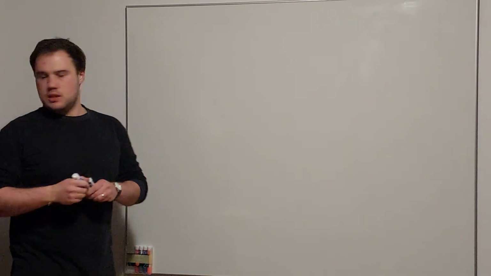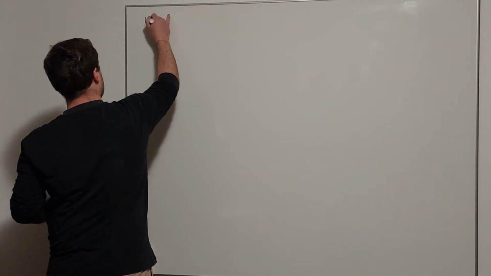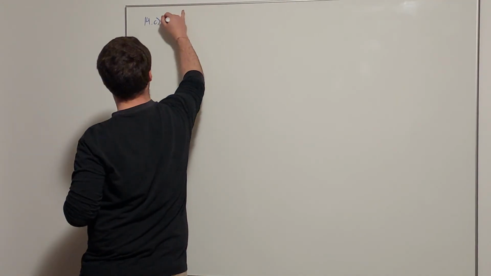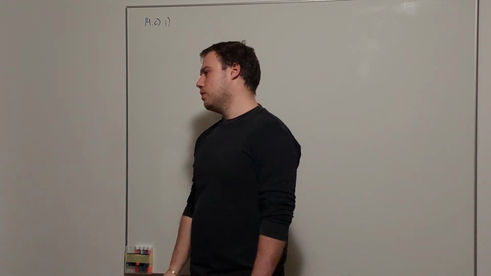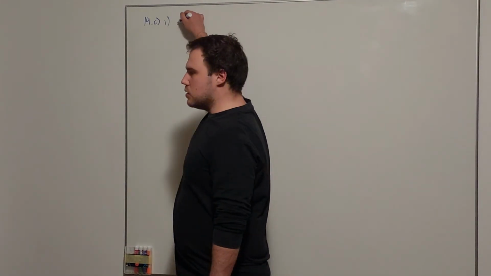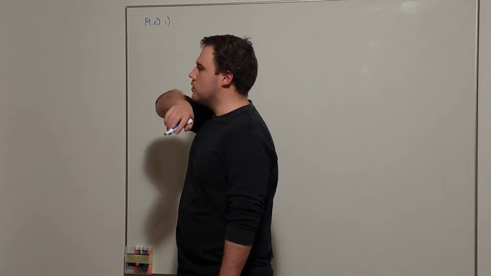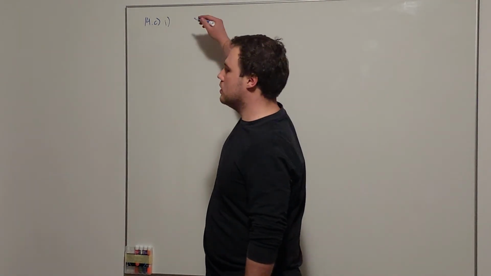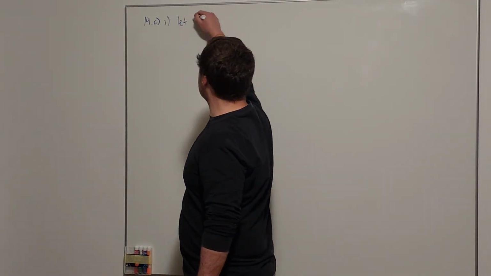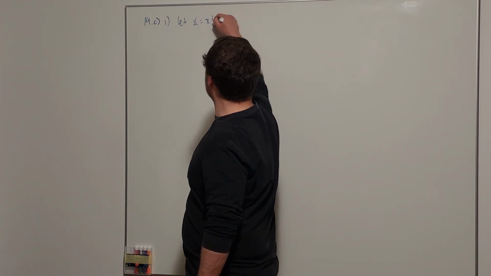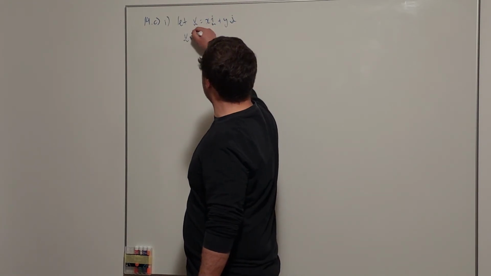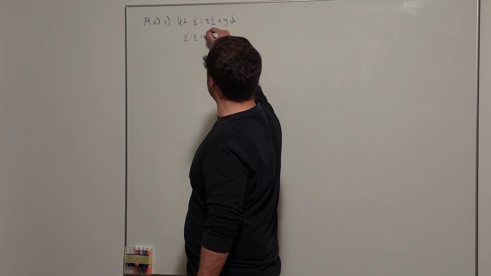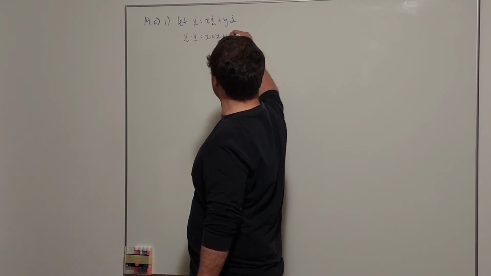Okay, 14C. For vector v, show that the dot product of v with itself is the magnitude of v all squared. So this should be a fairly standard property that's known, but I guess we're going to use it to get into the next part. So if we say let v equal (x, y), then we've got v dot v is going to be x times x plus y times y,